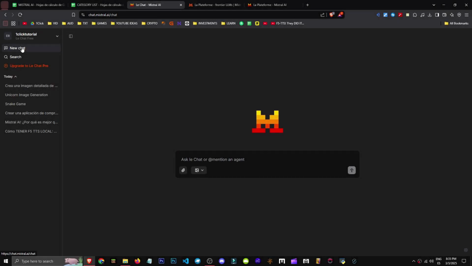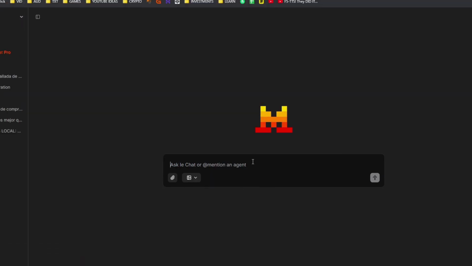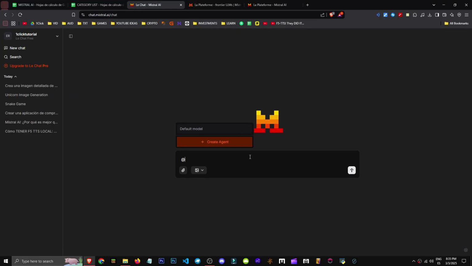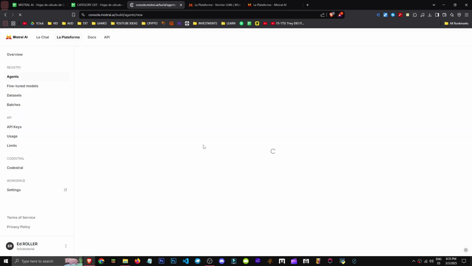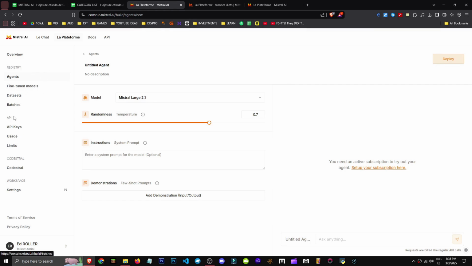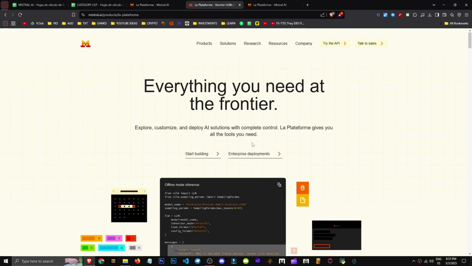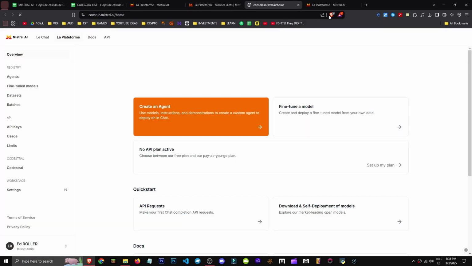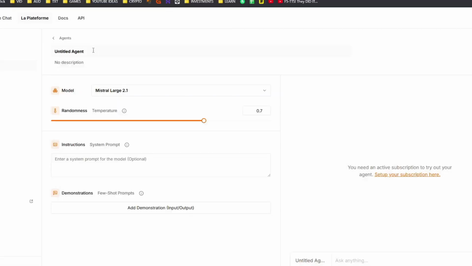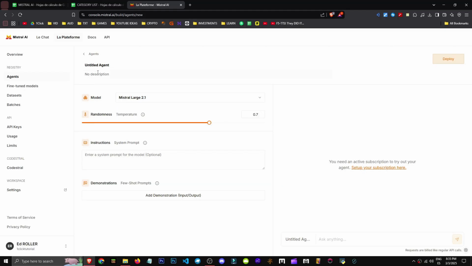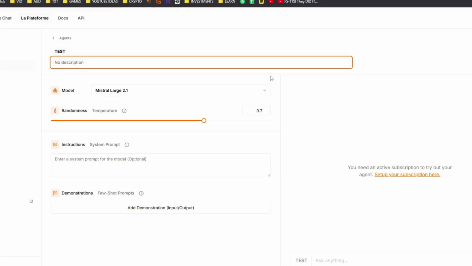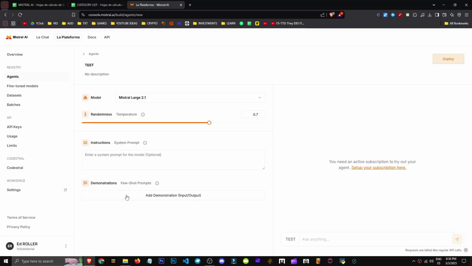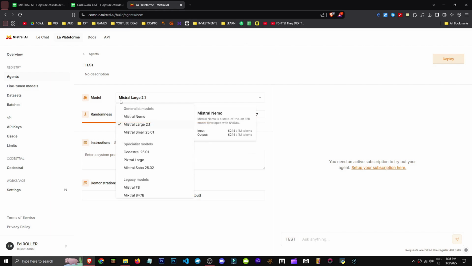Alright, so I'm here inside Mistral's chat interface, and I want to mention someone using the @ symbol, okay? And as you can see, it won't let me mention people, right? Because I don't have any contacts, we can create people, or if we prefer, we can do this from the official website's products section. Go to start building, and it's the same process, okay? So within this section, we'll be creating an AI agent, as we can see. I'm going to call it a test. We can even add a description, alright? Theoretically, only we will have access to this agent, okay?